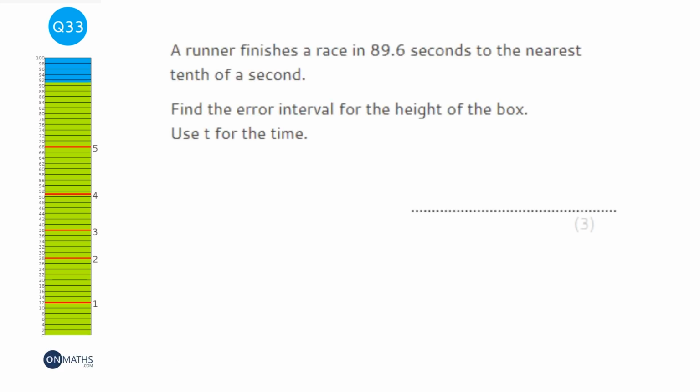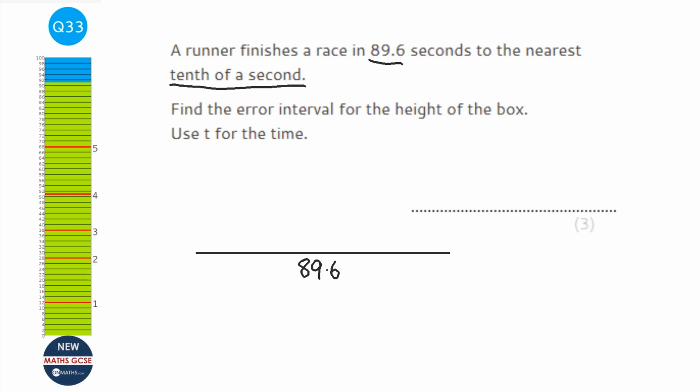Okay, so to do this question, I'm going to start off with a number line, and I'm going to put the number given to us in the question in the middle, so 89.6. Now it says it's the nearest tenth of a second, so what I want to do on the left hand side is put the next number down. So what could it have rounded to if it was slightly less? Well, the next one down would have been 89.5, and the next one up on the other side would have been